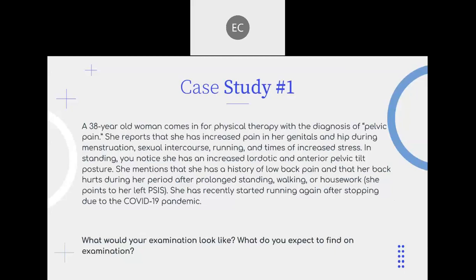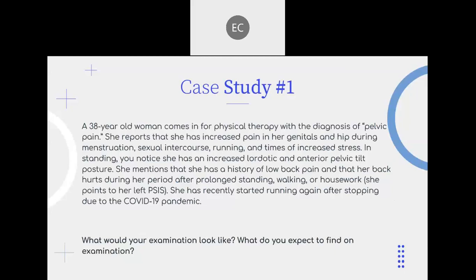Screening for hip pathology, yes. Running gait, yes. And pelvic floor. Good. So posture might be palpating the SI joint or